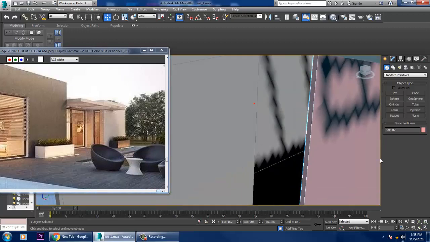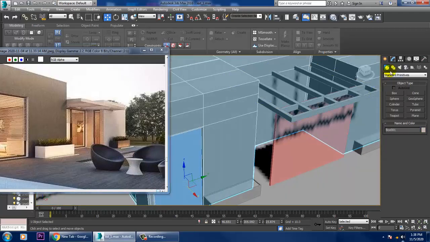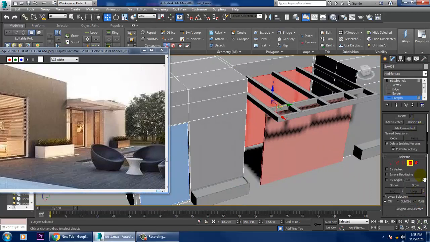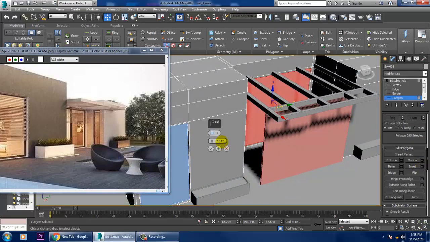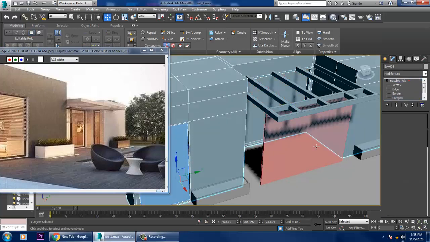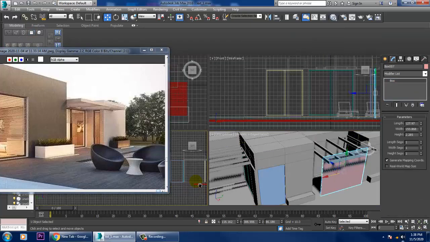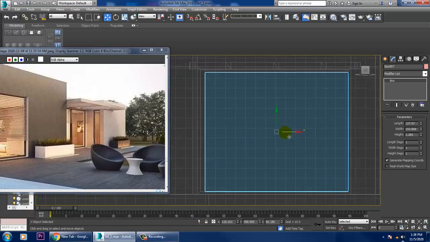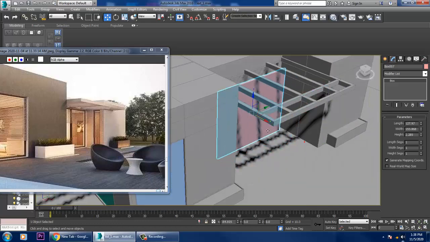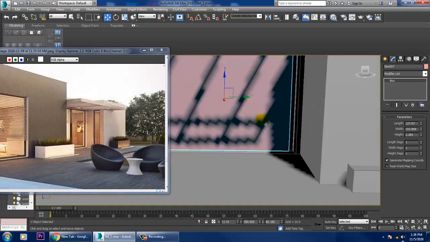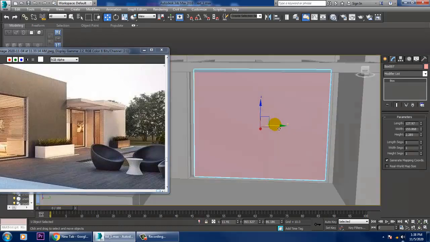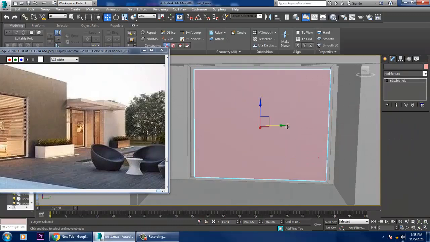Before we do this, select this, select the polygon, give inset, and let's slightly extrude it inside, and now select this, scale a bit, and just push it more inside over here.